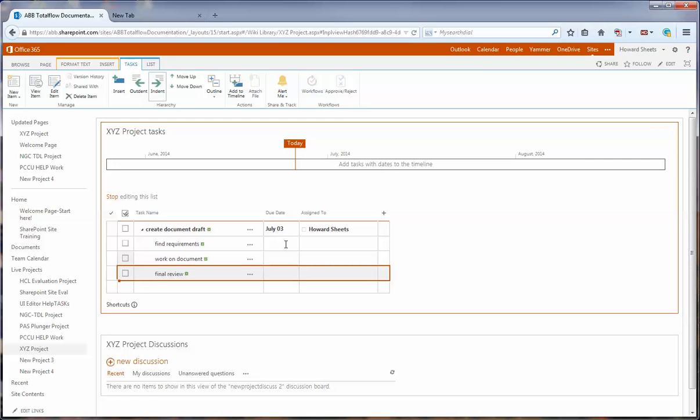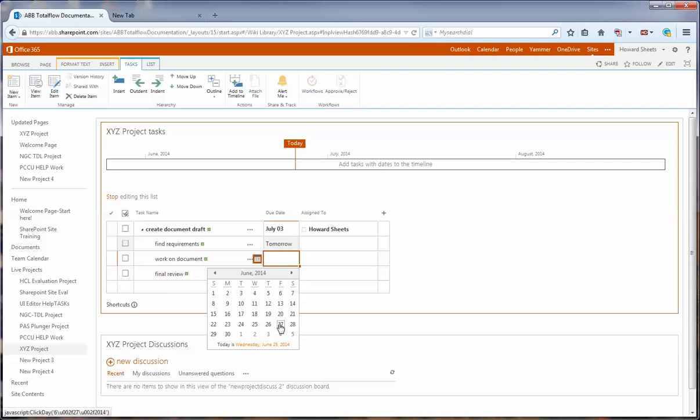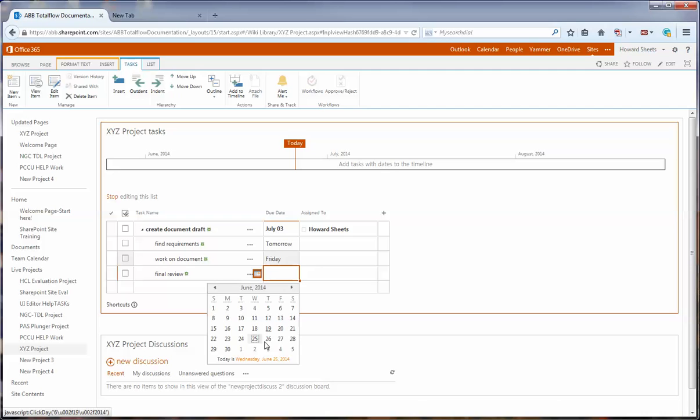Notice we don't have dates on these, so let's go ahead and do that now. So we'll select each item, put a date on it, select the block and then the calendar, and we'll put some dates on these items. Okay, now that we have that done,